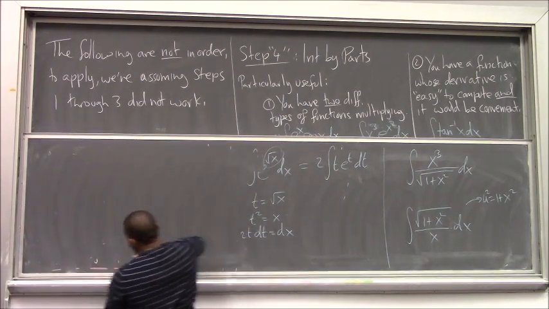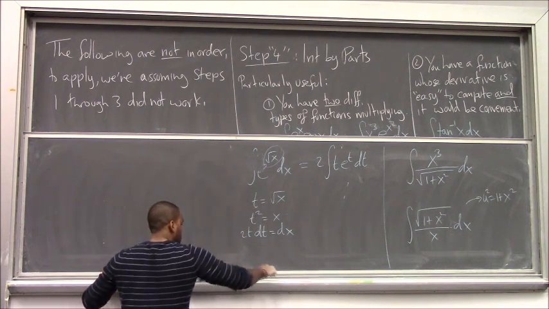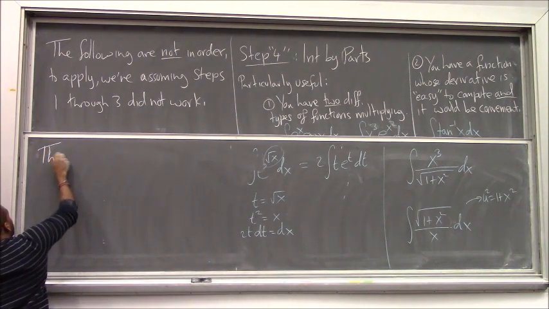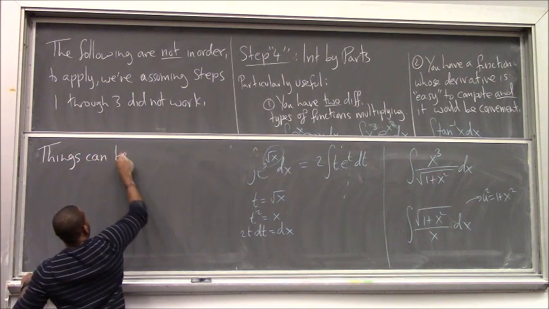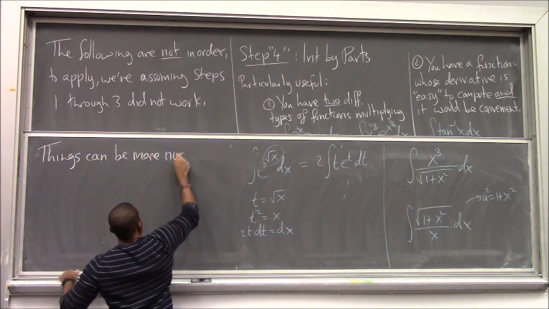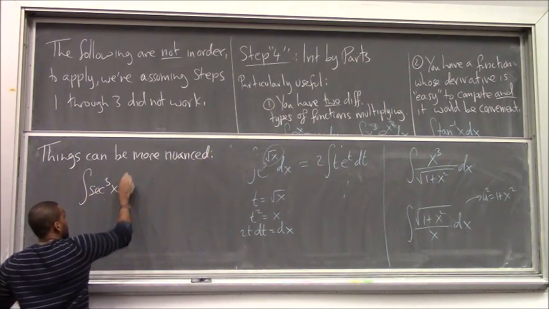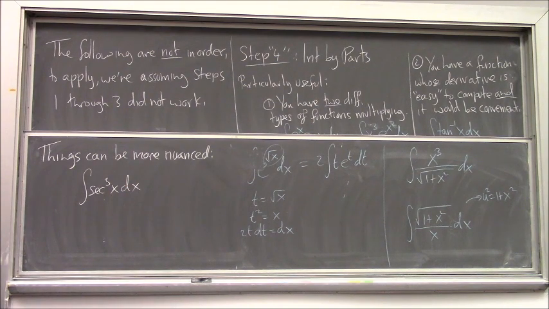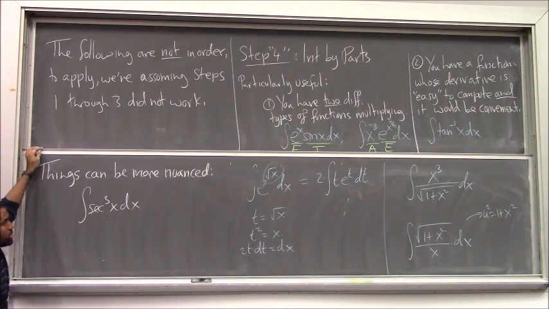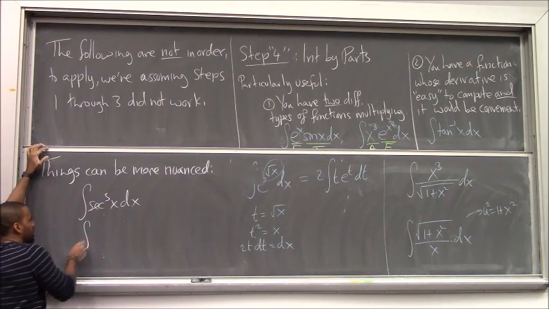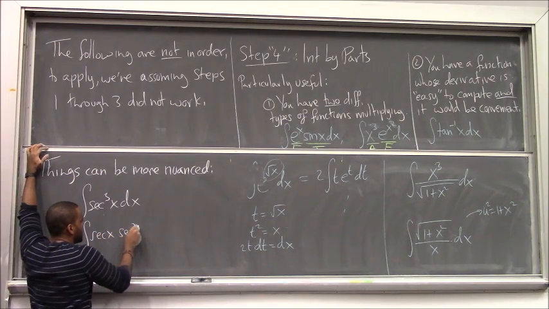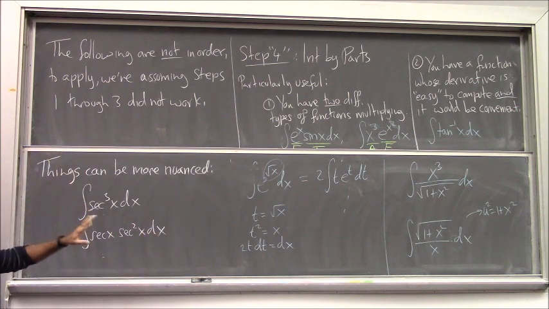Of course, things can be more nuanced here. Like I said, we're not in Calc 1 anymore. So, an example like secant cubed was a guy that doesn't quite fit in either one of those 2 boxes, but integration by parts is the standard way to attack that. Of course, now you could actually use a Weierstrass to attack it, but integration by parts is more traditional. And the trick here was to first break it up like that,